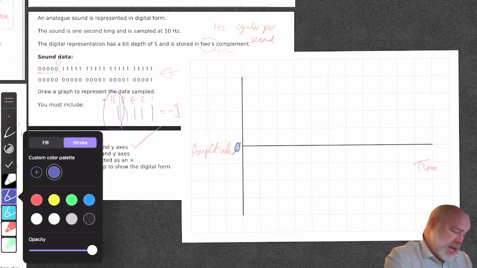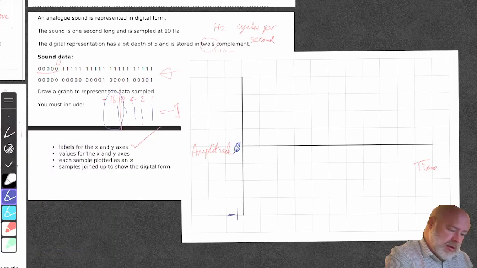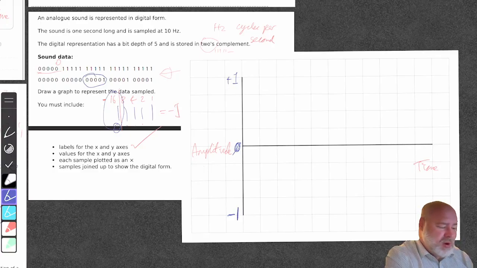So we can label that minus 1. All right, we can label that minus 1. And we can label that plus 1. But that's enough there, because this is plus 1. Okay, 0, 0, 0, 0, 1 is 1. If our MSB is 0, then it's a positive number, isn't it? And we've got a 1 there. So we've got a 0, minus 1, and a 1. And we said that